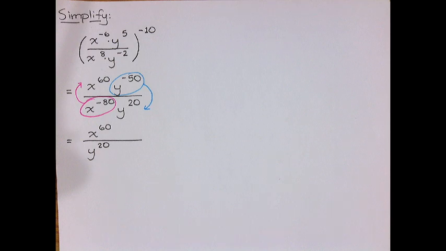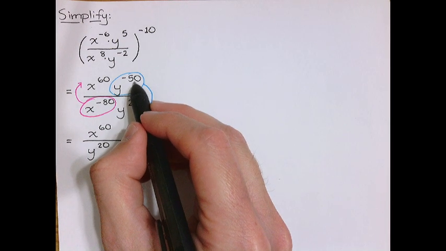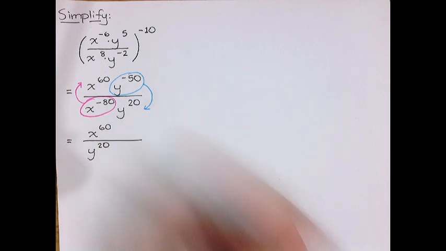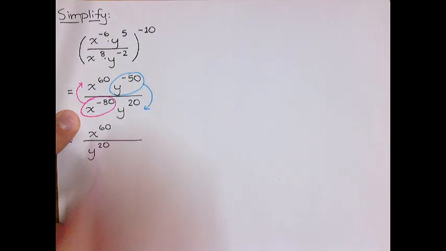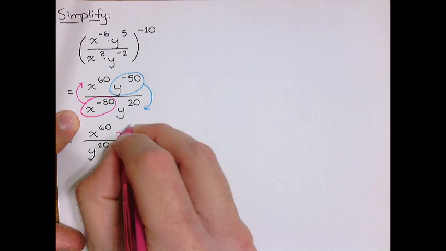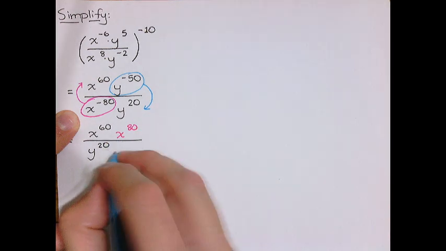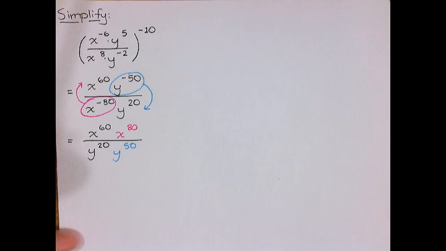Please don't tell me, oh, I thought this guy moves because he's connected to this guy. Understand that this power of negative 50 is only connected to the y, nothing else. So x to the 60th stays where he is. So this guy here in pink, x to the negative 80th, moves up to the numerator, x to the positive 80th. And y to the negative 50th goes into the denominator, so that's y to the positive 50th. So now that we've addressed all of the negative power issues,